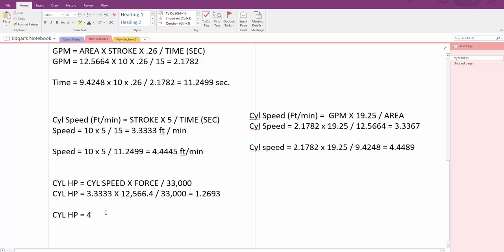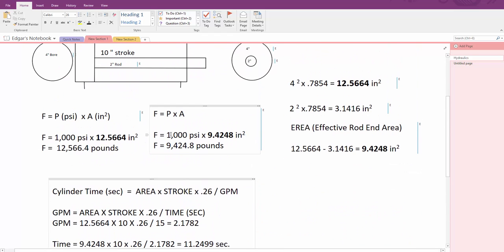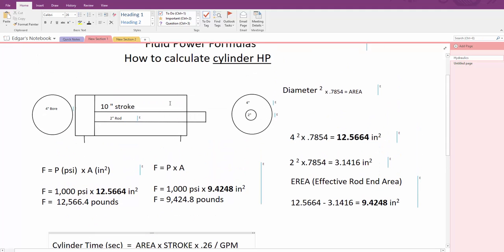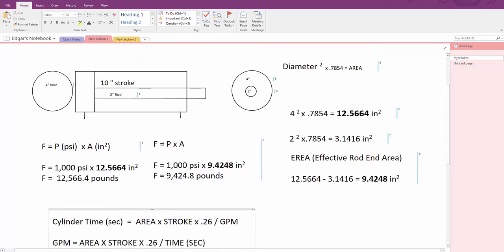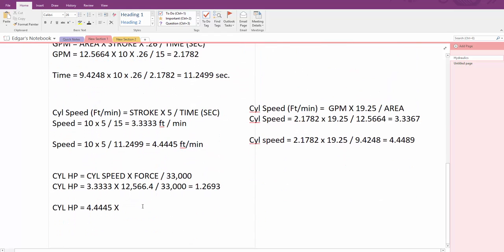So we say 4.4445 times the force on the retraction side of the cylinder, and we calculated it at 1000 psi with the area on the retraction side of the cylinder, and that came out to be 9,424.8. So 9,424.8 divided by 33,000 equals